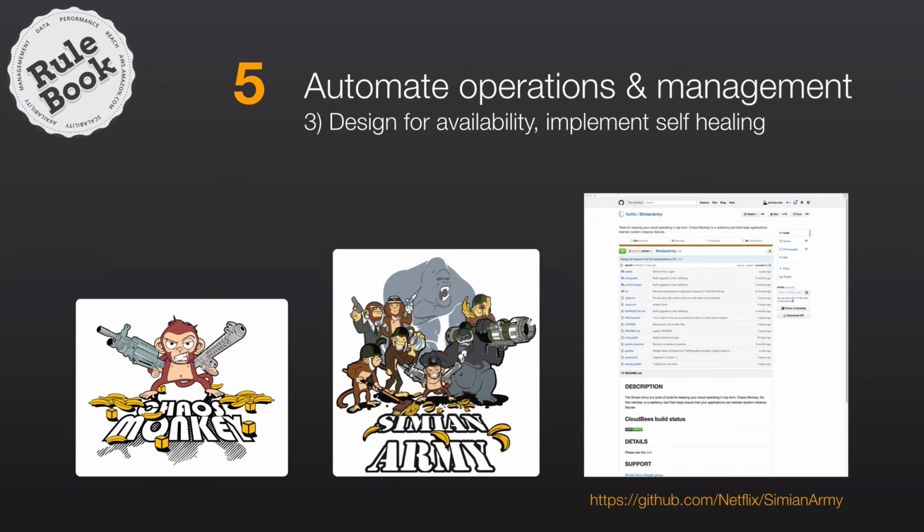And this will not just simulate, it will create failures inside your AWS environment to ensure that you've used good design for availability principles inside your architecture, and that if you do have real failures in your environment, those aren't going to impact the service that you provide to customers. And there are many other third-party tools that offer this and similar functionality and other functionality that can help you further automate operations and management of your AWS environment.